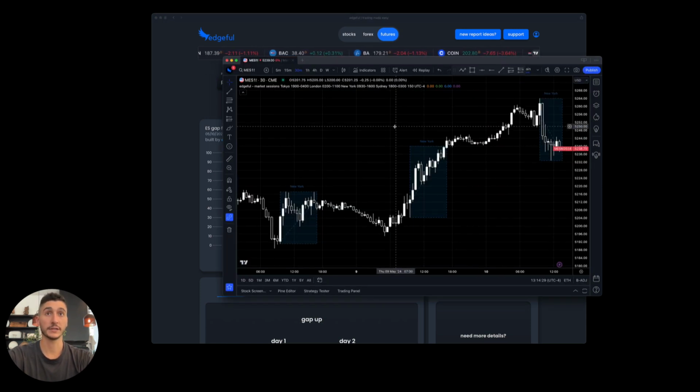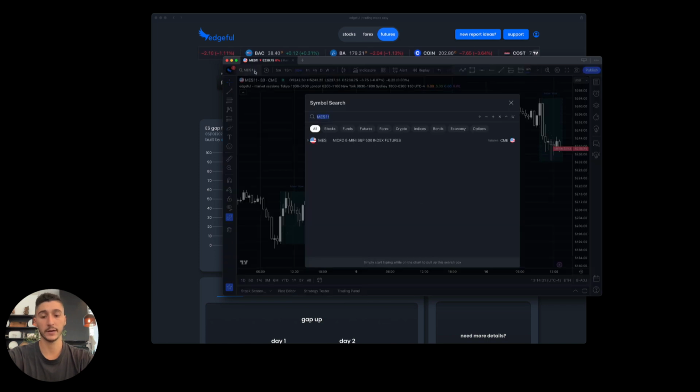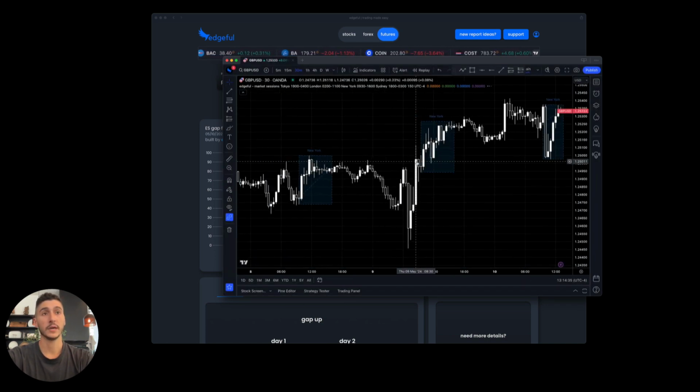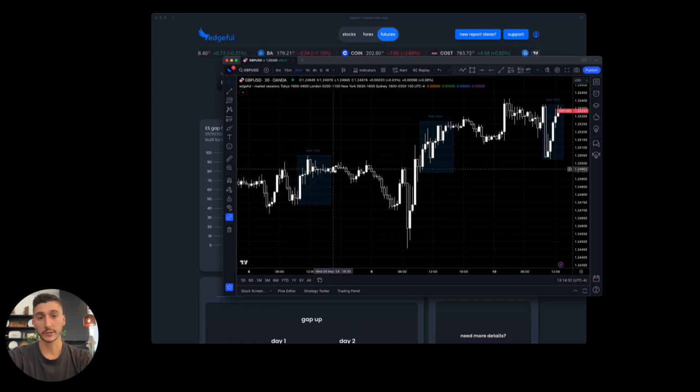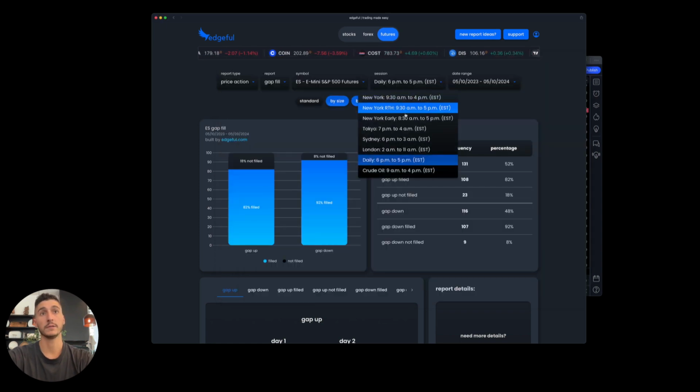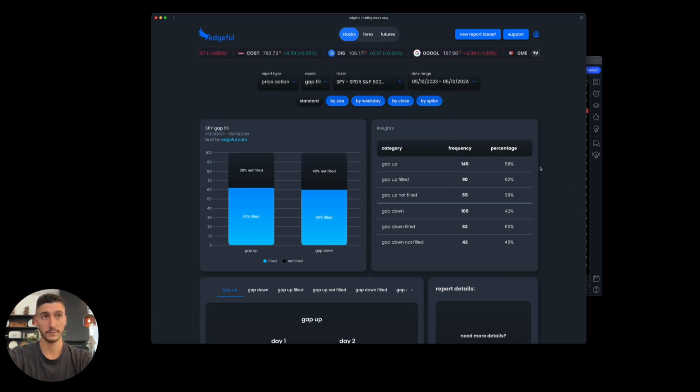I just need to make sure that this applies to forex too. If you're trading GBP USD, same thing goes. Blue boxes are what the data is looking at, so this move right here is not considered in that New York session. If you want to switch to the London session, you can. So always make sure you're looking at the correct session when you're looking at futures or forex. So now that that's said,